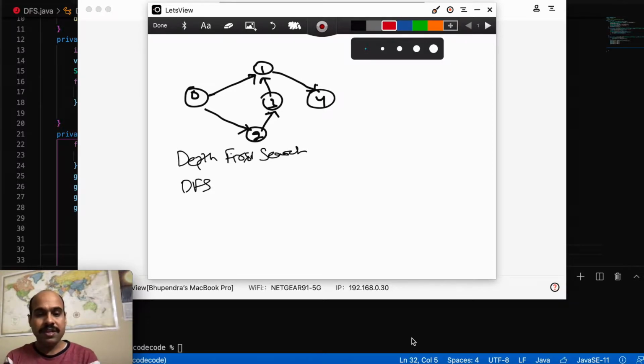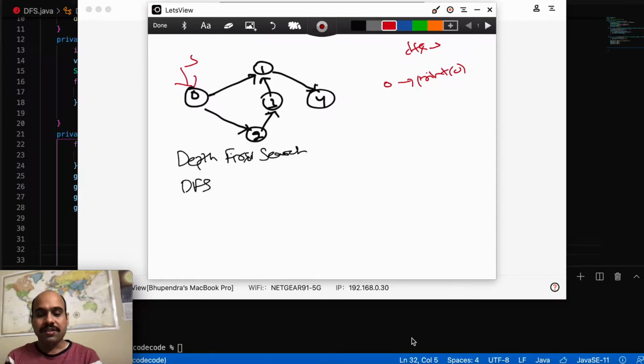Okay, so we can start from any of the nodes. So for example, let's suppose we are starting at node or vertex 0. And so we will first print 0, or we can save it into an array or list data structure so that you can print it out later. So for example, let's suppose I'm printing 0 over here. So I'm starting from here. So this is my source or start vertex. The next step we do, we add it to our DFS data structure, or you can print it. So for example, let's print it. So print 0.